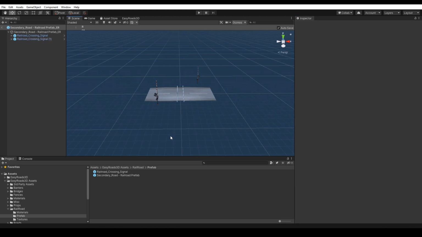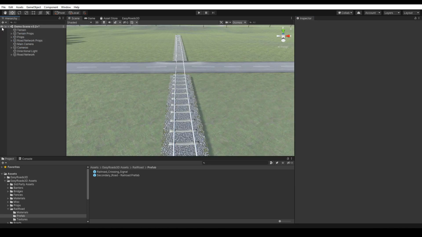And another one here. And after exiting the prefab editor,